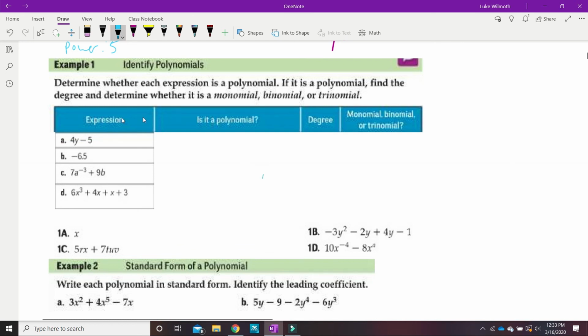It says here, determine whether each expression is a polynomial. If it is a polynomial, find the degree, and then determine if it's a monomial, binomial, or trinomial. So let's see here. This first one, is it a polynomial? So all I'm looking for, it said,